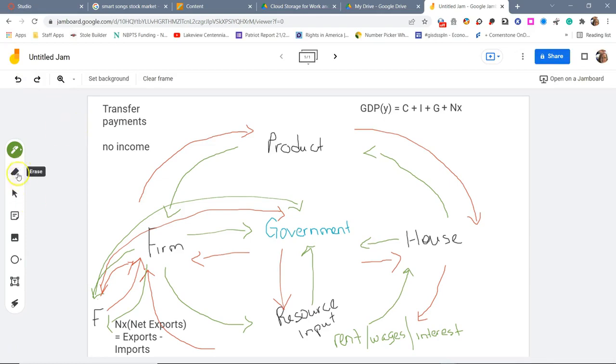All right, so C equals consumers or consumption. Consumption is basically 70% of our economy. We are the ones that spend the money. We work. We buy things. We provide income tax. We are 70% of our economy. Without us, the economy could crash. Then I, business,